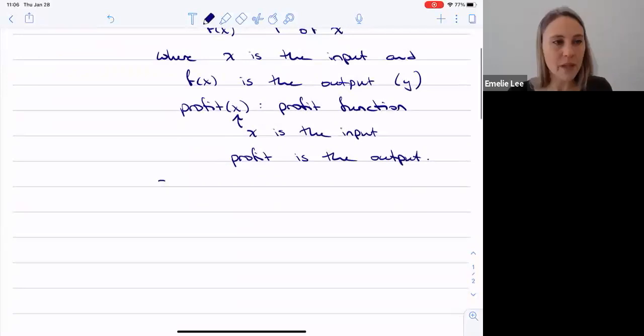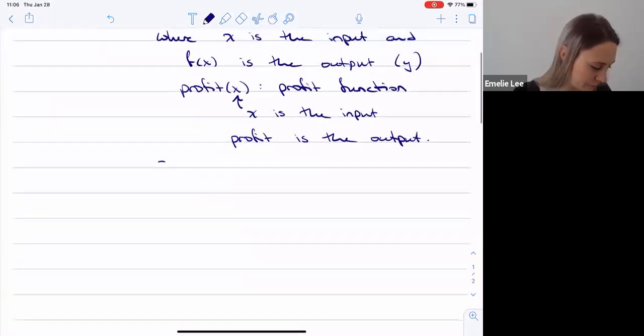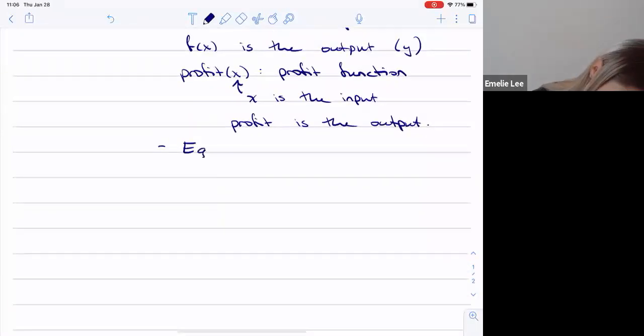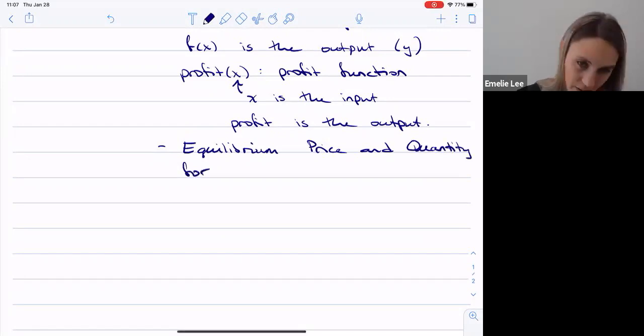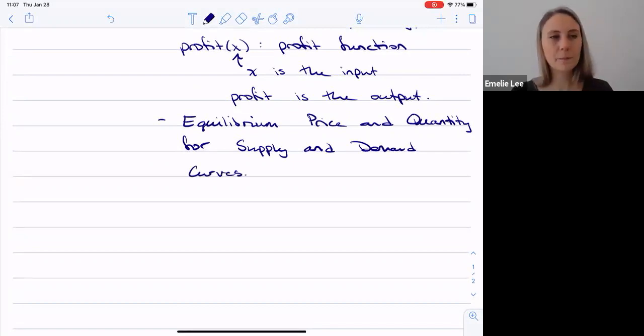And then we also talked about finding the equilibrium price and quantity for supply and demand curves. That's the point of intersection, right? And so